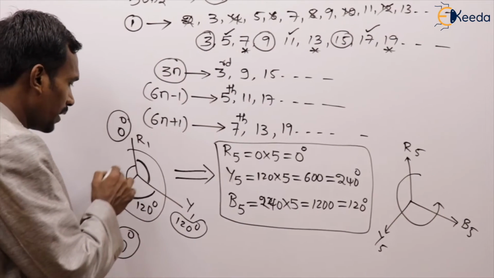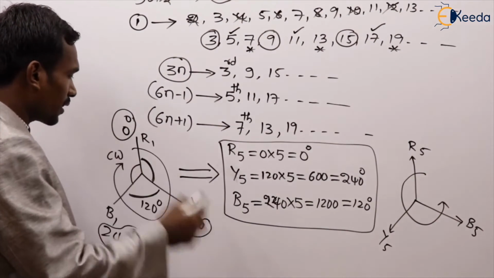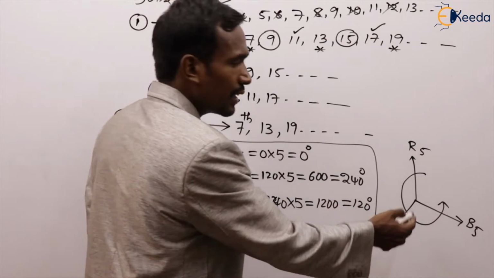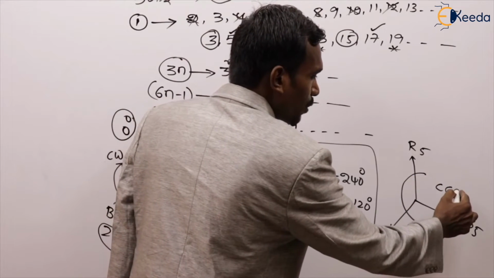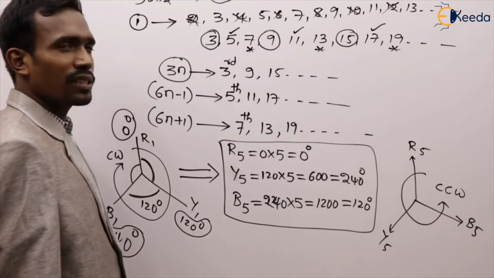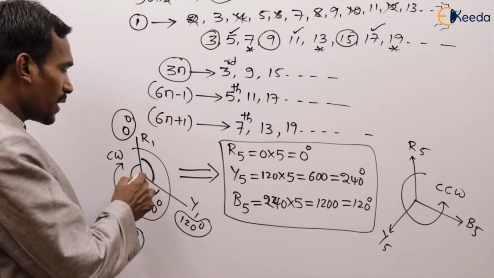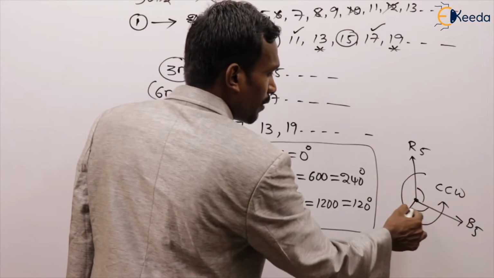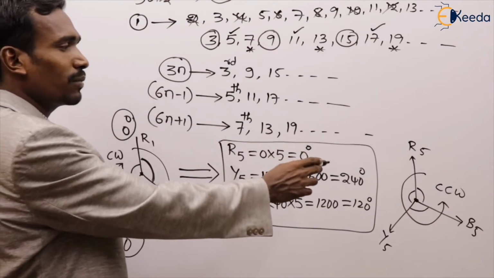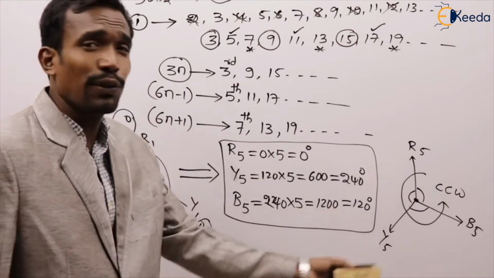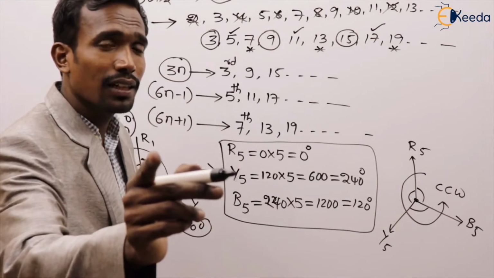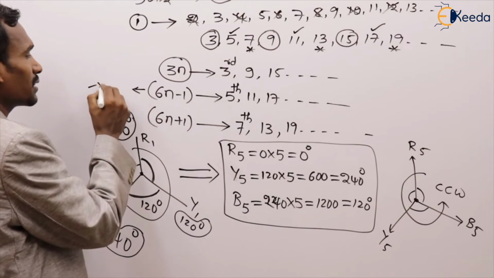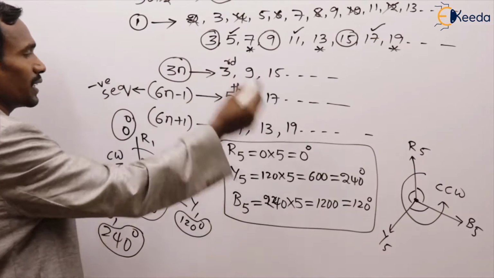Here RYB is in the clockwise direction. But see here, RYB is in the counterclockwise direction. This is clockwise, but here it is counterclockwise, though each is displaced by 120 degrees only. It rotates in the reverse direction. That's why